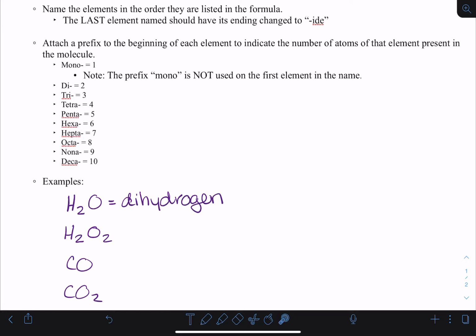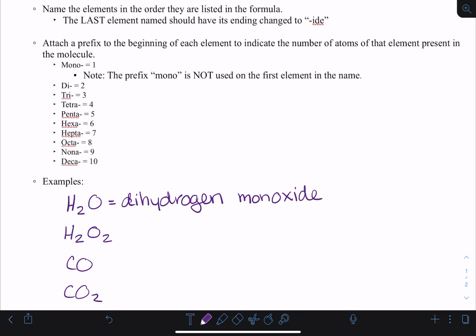And then we have 1 oxygen atom. It's not the first element, it's the second, so we will include that mono prefix. So we have dihydrogen monoxide, which is the systematic name for water. Nobody really calls it that. Water is considered its official name, but if we apply the same rules, the same system to it, dihydrogen monoxide